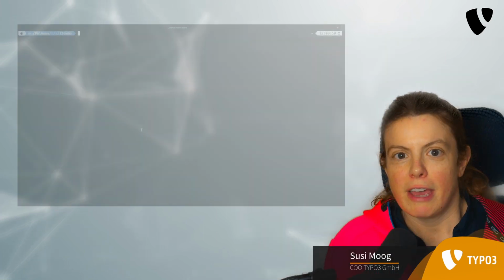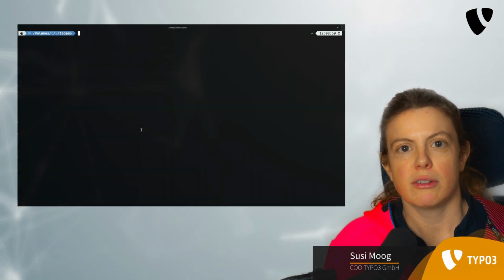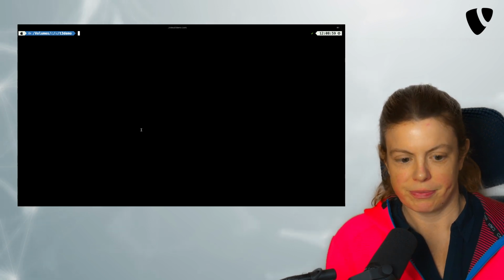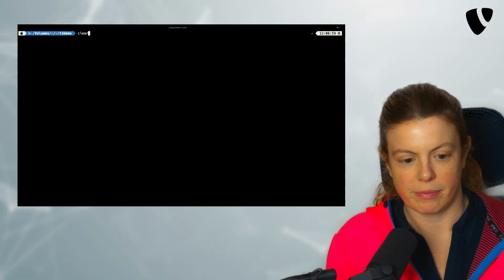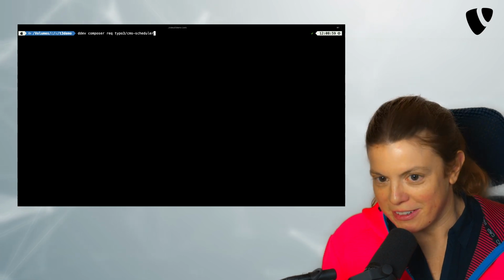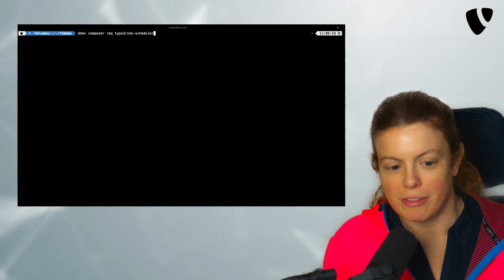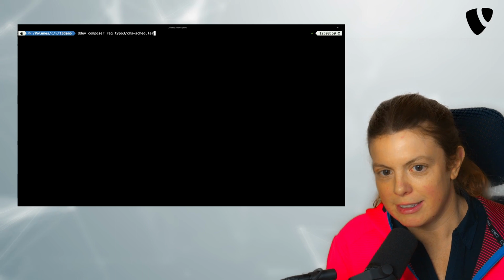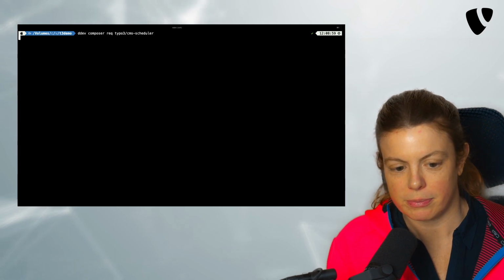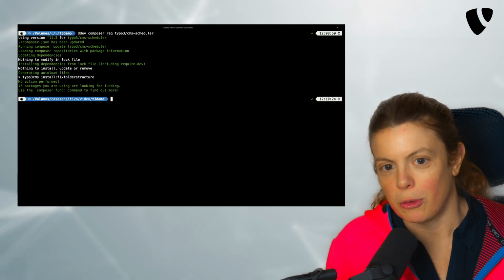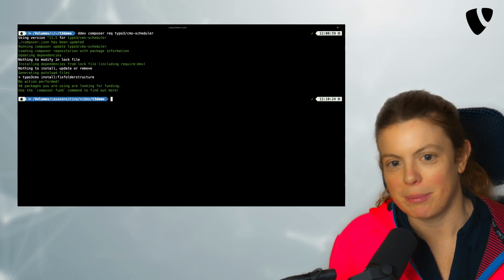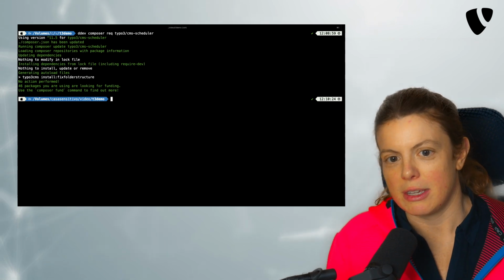So let's get started. If you have not installed the scheduler yet, you can do so by running composer require TYPO3 CMS scheduler. Let's do that. I have prepared something here, so I'm running ddev and I'm running ddev composer require. In my case, it's already installed, so this is a bit fake, but just so you can see what I